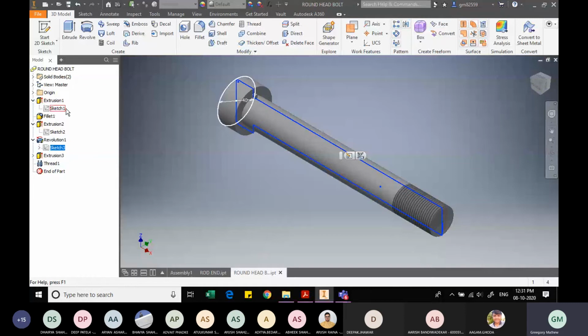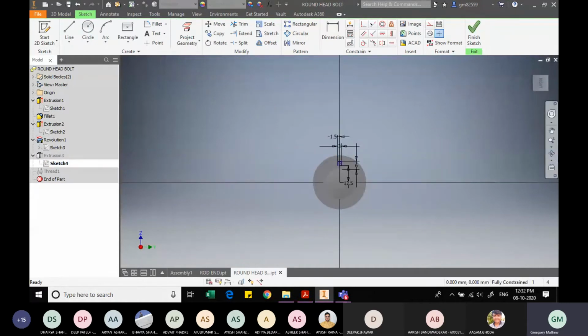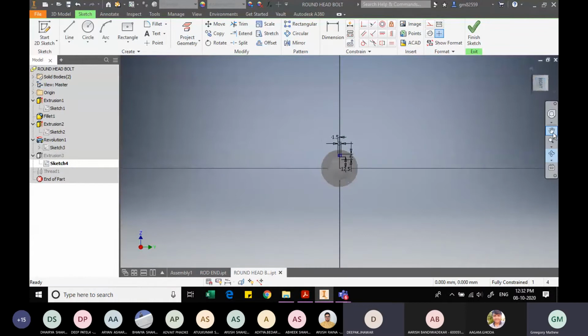Where is this extrusion? Sketch 4. Here, let me know if this is correct. So the thickness should be 4, not 1.5.